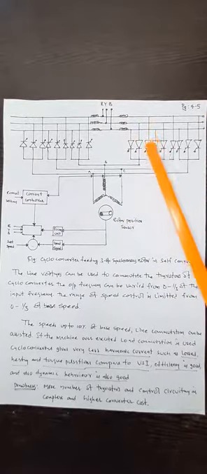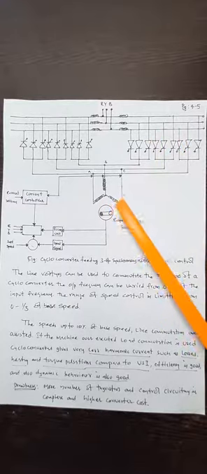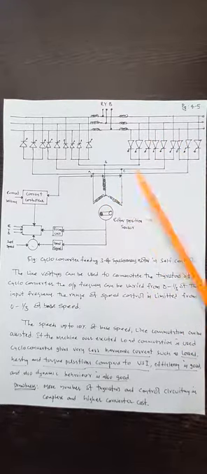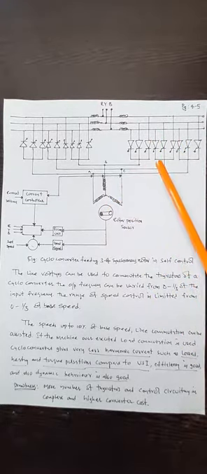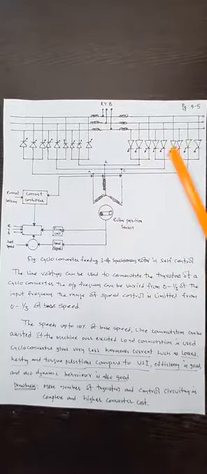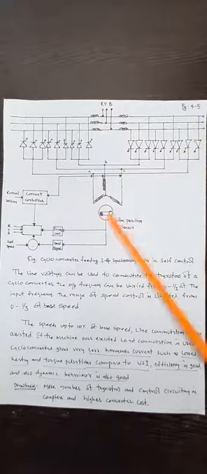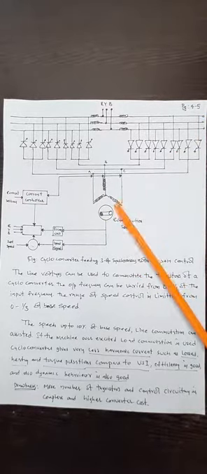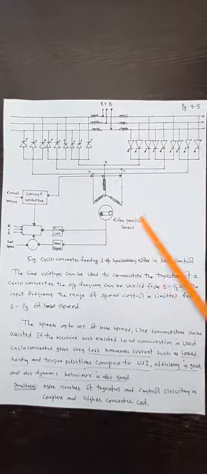So changing the firing angle of the cycloconverter will give the variable voltage. And the cycloconverter is termed a frequency changer. With the frequency changer, both voltage as well as frequency will be no problem for us. So it is a self-control cycloconverter, a closed loop cycloconverter fed synchronous motor, right?